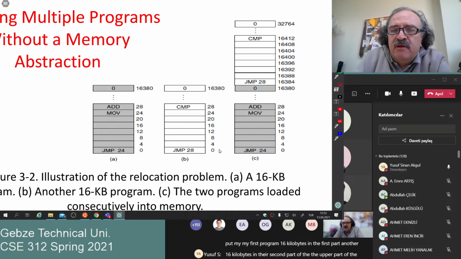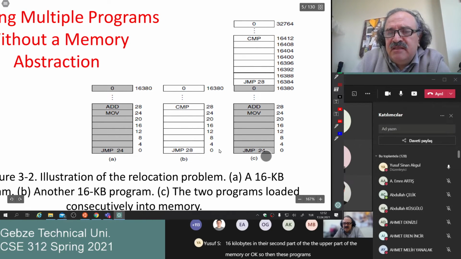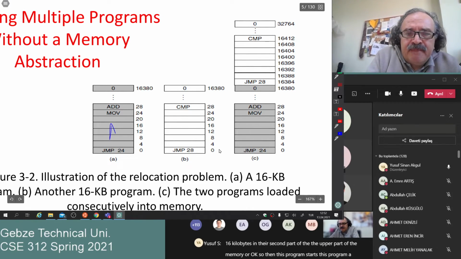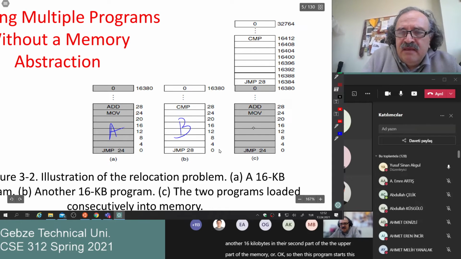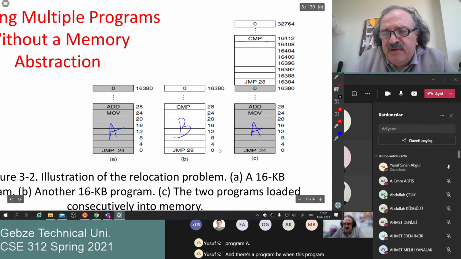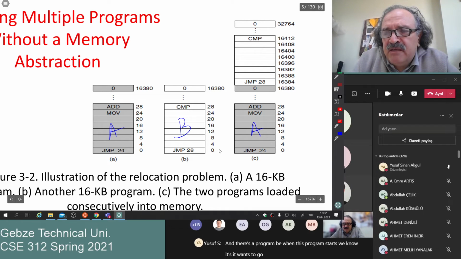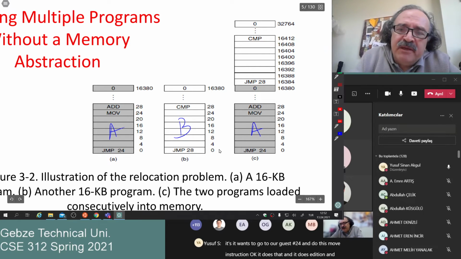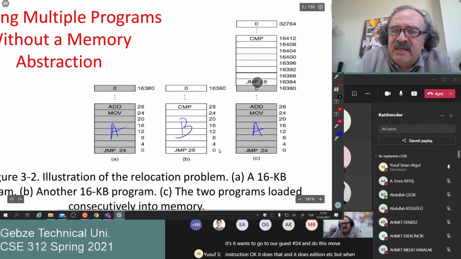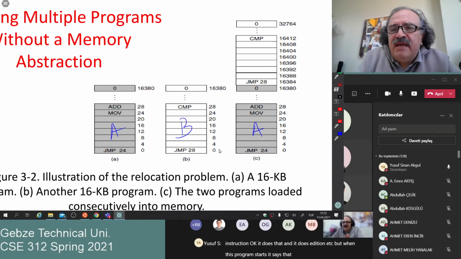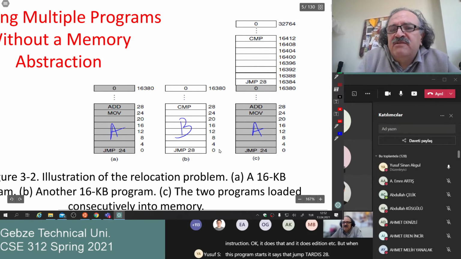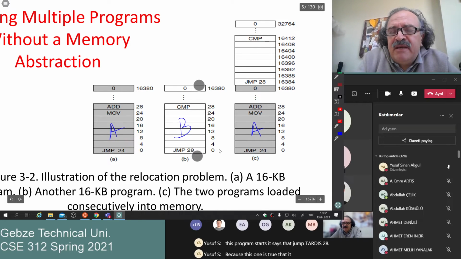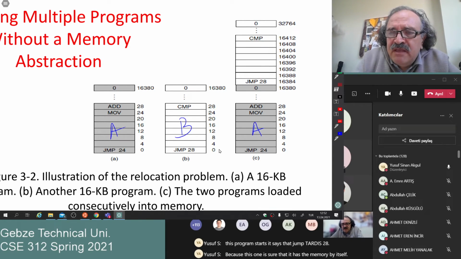Okay, so when this program starts, this is program A and this is program B. When this program starts, we know it wants to go to address number 24 and do this move instruction. Okay, it does that and it does addition, etc. But when this program starts, it says jump to address 28, because this one assumes that it has the memory by itself. But address 28 is here. It is not